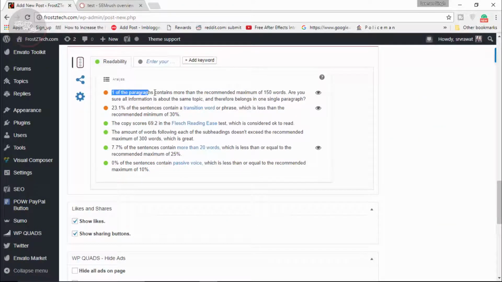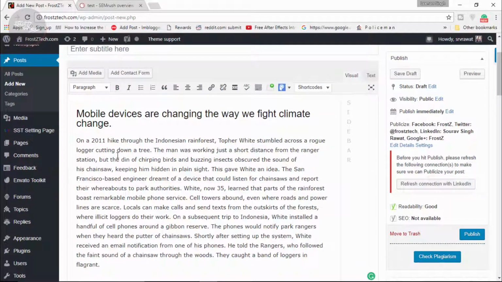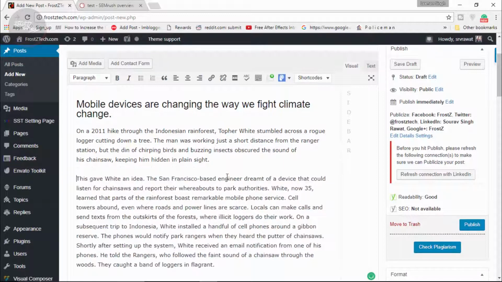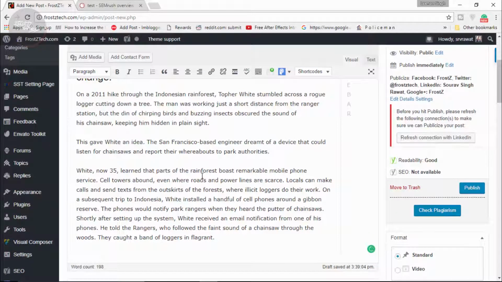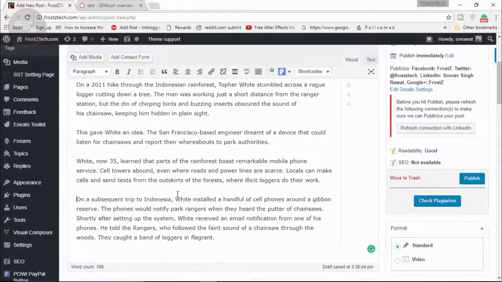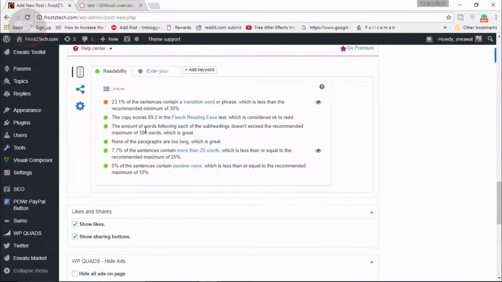Now here you see it says that one of the paragraphs contains more than the recommended maximum of 150 words. Are you sure all information is about the same topic and therefore belongs in one single paragraph? Yeah, that is one thing to say. The whole thing that we're typing out here does not belong to one complete topic. They're divided into things, so we have to divide these wherever we could give a pause. So I'm going to give it back the way it was. Okay, so that's going to be one work, and that's going to be divided into four subsequent slow paragraphs, and that's going to give it more